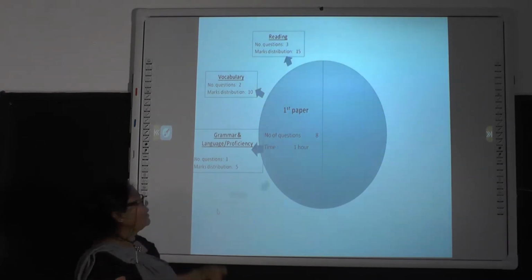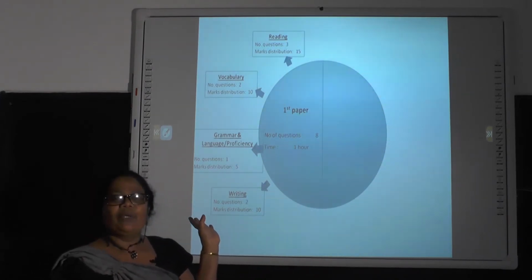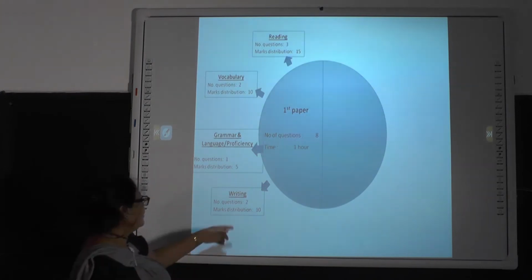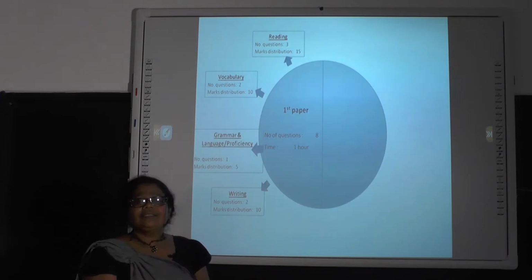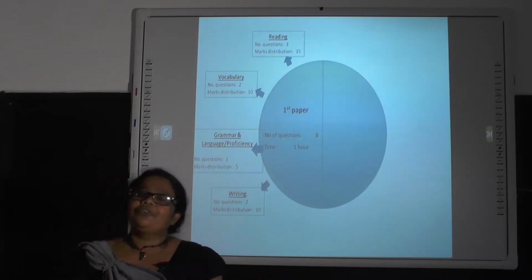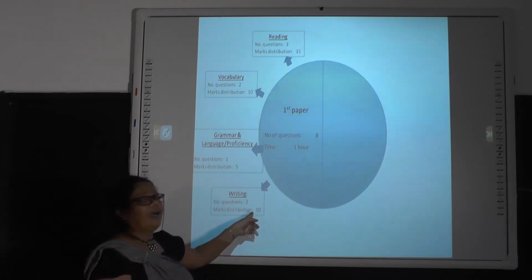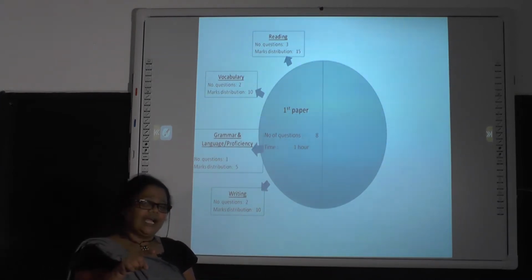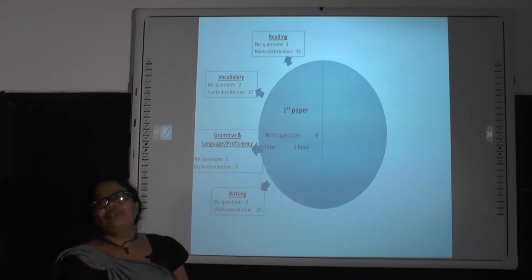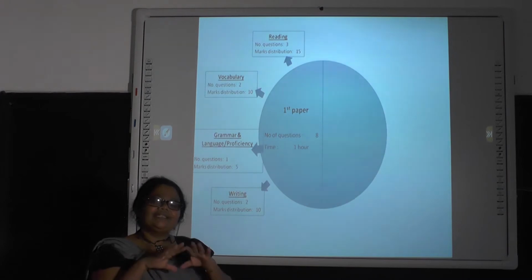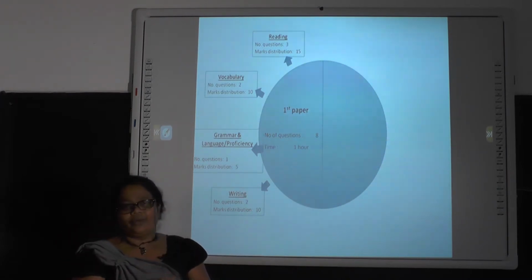Right, let's see the other one. Now I am talking about the writing part. That is the most important part of this paper. When talking about the writing part, there are 2 questions. It carries 2 questions and 10 marks. Now when considering this 10 marks, question number 6 ප්‍රශ්නාංක 6 and question number 8 ප්‍රශ්නාංක 8, they are for you to answer. ඔයාට උත්තර ලියන්න වෙනවා. That's totally based on writing. පුතාලා ලිවීම මත තමයි ඒ ලකුණු 10 ඔයාට ලැබෙන්නේ.